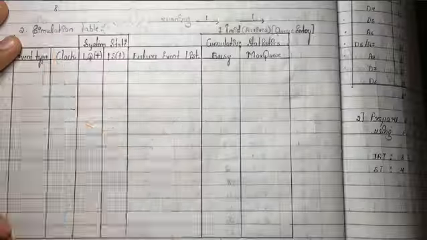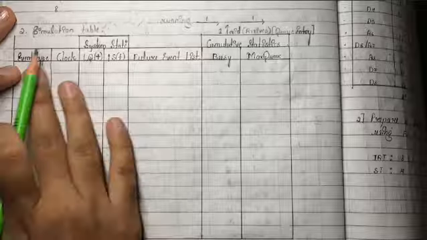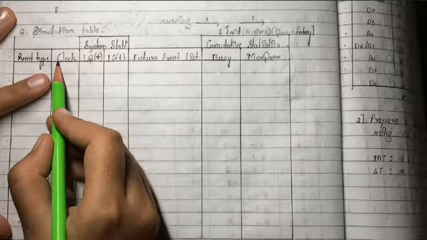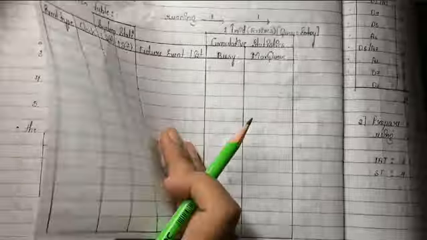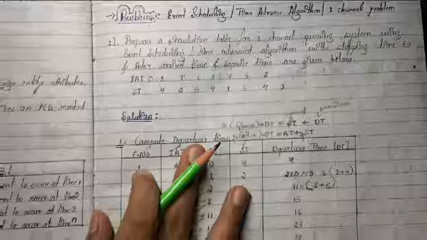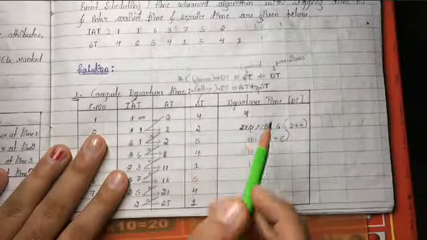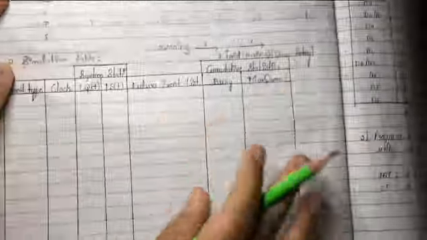Now the second step is the simulation table. Now we need this many columns. First we will write the values of clock. Just go to table 1 and consider the values of arrival time and departure time. Write them in order so that you will get the clock values, that is